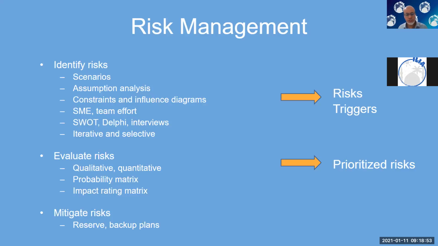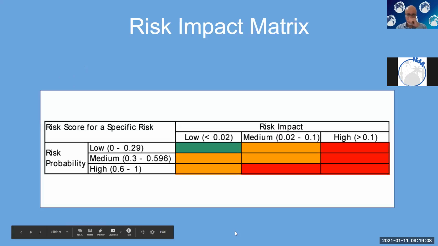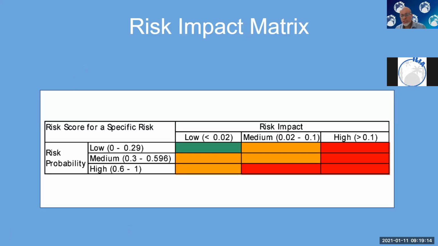You prioritize your risks, you put them in a matrix, where you give each risk a probability of occurrence and an impact rating. And if you multiply those two together, you can get a number, and that helps you ranking your risks. So we'll take a look at that. This is what it looks like, a risk impact matrix. Very simple spreadsheet. One dimension talks about the impact. If this risk was to occur, that event was to occur, what would be the impact? It could be low, medium, high. And what is the probability of occurrence? So again, the probability could be low, medium, high.